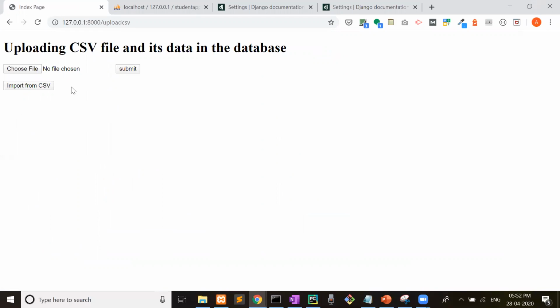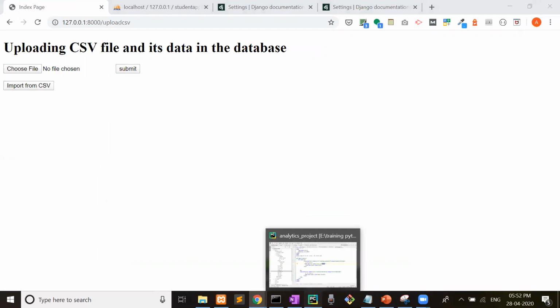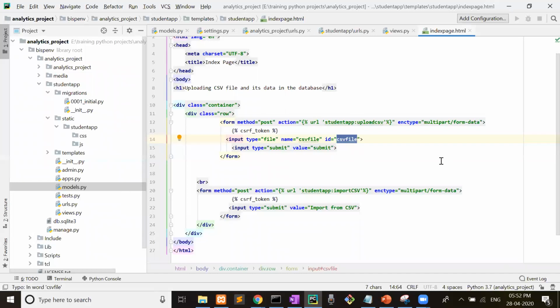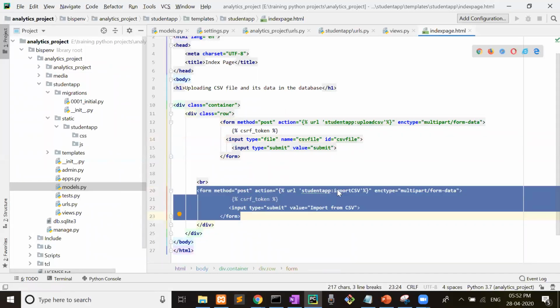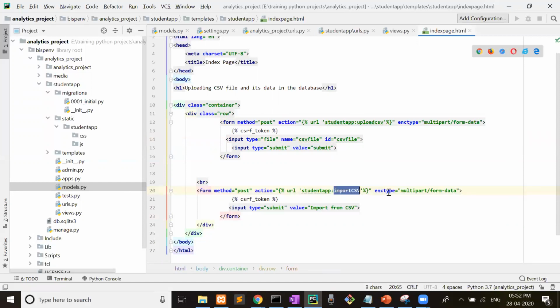Now we have uploaded the file here, and we have to import the data from the CSV. For this I have created a button. See what the working of this button is. On the index page, form method post, action student app import CSV, and then enctype multipart form data, which is obvious for every procedure, then CSRF token.